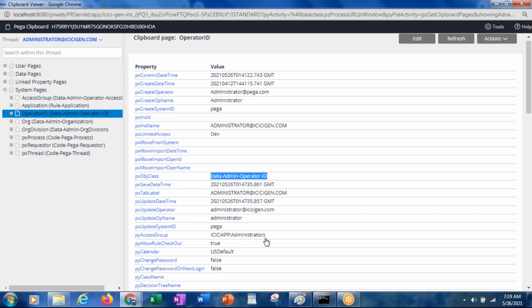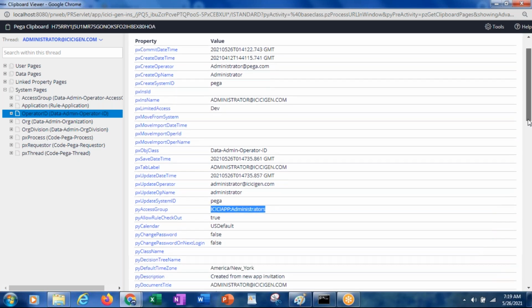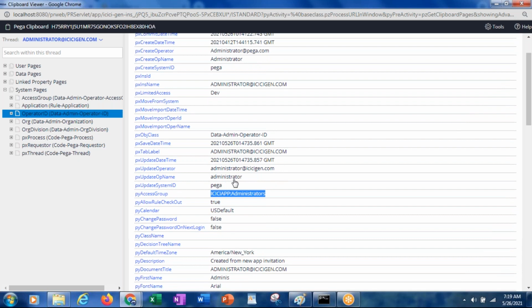So what is the access group? It is referring to that. Then update operator ID, update operator name, all these things will be displayed. So why is it giving administrator at icicgen.com as the update operator ID?